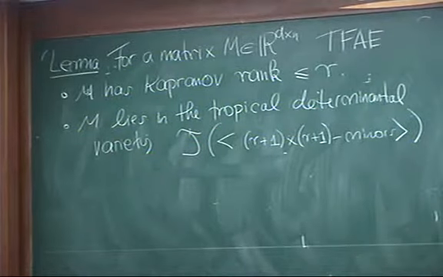So we know that if you take a general matrix, Professor Ahn knows, many others, right? If you take the minors of a matrix of a given size, they generate a prime ideal, has a very nice Grobner basis, you know. So you look at the prime ideal generated by the r plus 1 times r plus 1 minors, and then to be in the tropicalization of this variety means to have, for a matrix, rank at most r. And the third condition